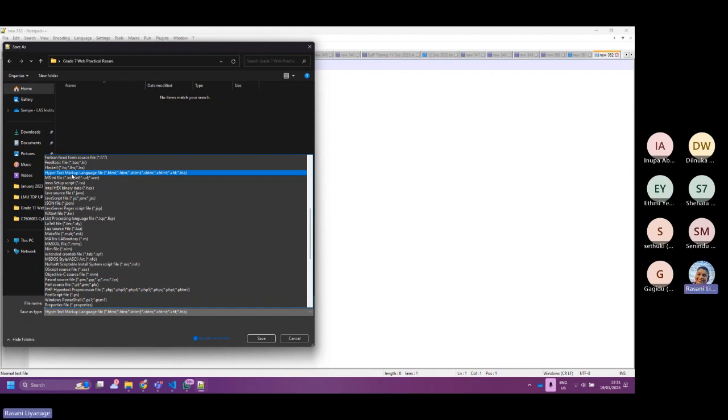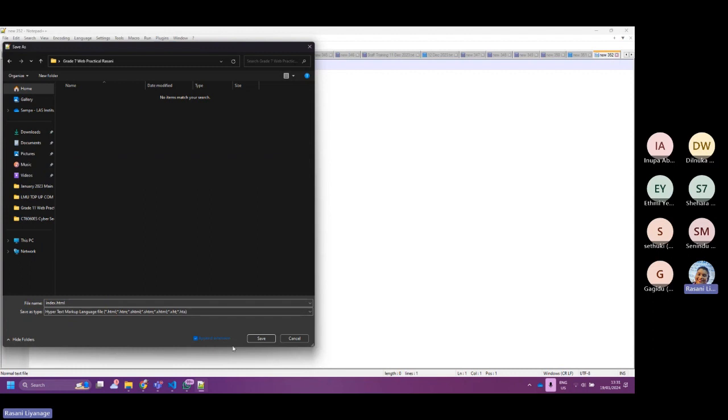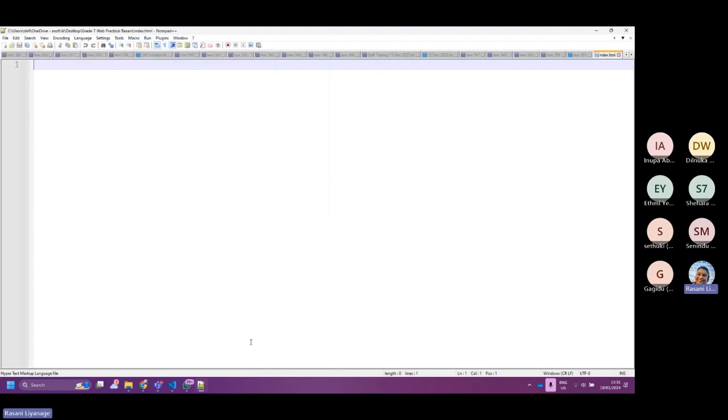Is that right now, everyone? So you can give the name as index.html. It's just a matter of saving. After saving, you can see this is index. Corrected me.